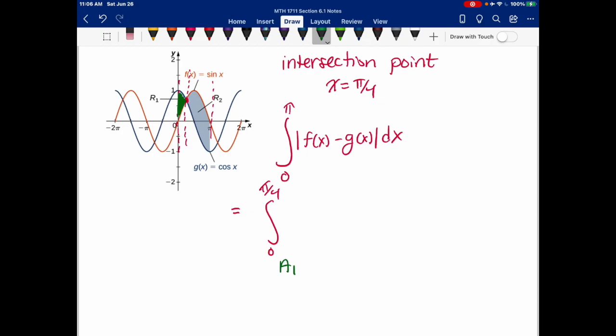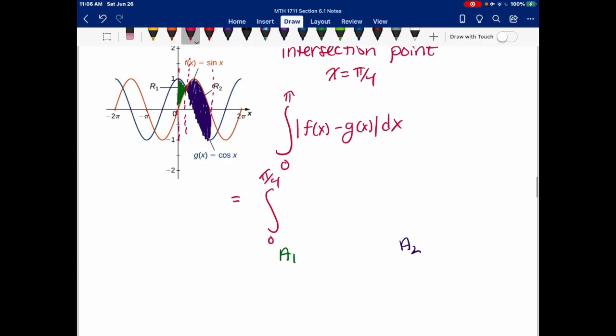I'll highlight that in green here. That will be my area 1 in green. Let me use a different color, purple, to find that second area. I'll call that area 2. We're going to have a different integral. So when we're trying to find that green area, that first area, cosine is above sine of x. So I'm going to write cosine x first minus sine of x dx